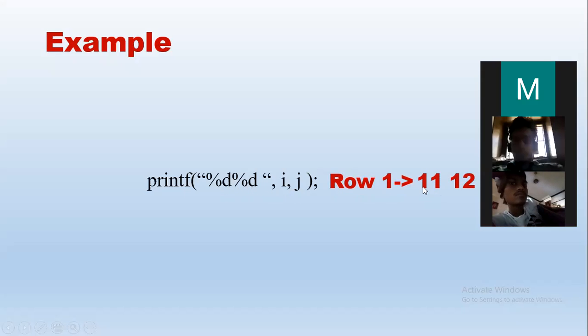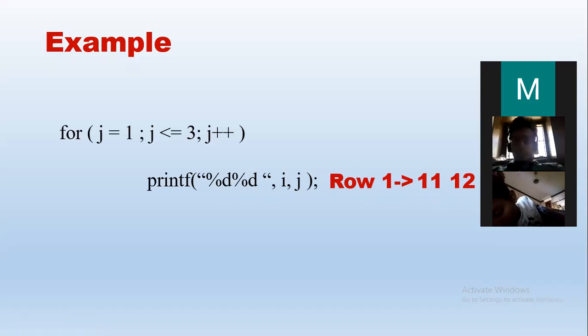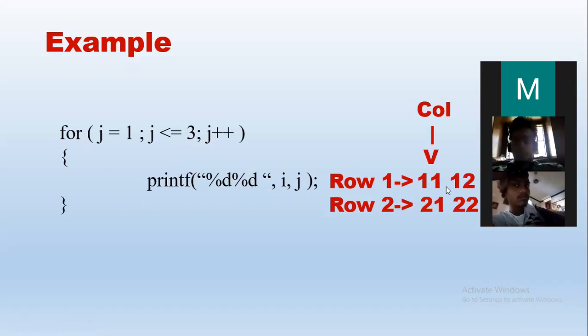If we observe, the first digit is 1 in all the numbers. So 1 is row 1. The second digit is 1, 2, and 3. That means that is the column number. The column number starts from 1 and stops at 3. So if we say the while loop starts from 1 and stops at 3, 1, 2, 3 are the values of j. Next, the second row needs to be printed on the next line, so we need to print a \n. Similarly, we have 3 rows.